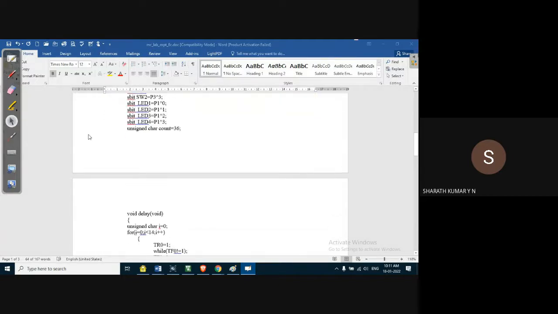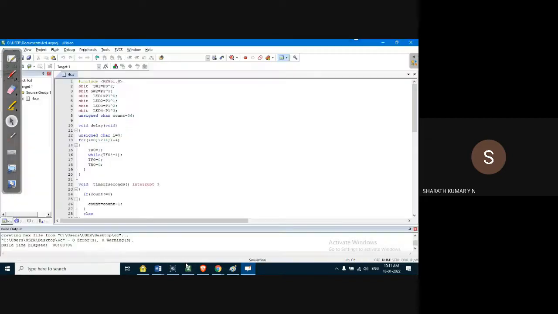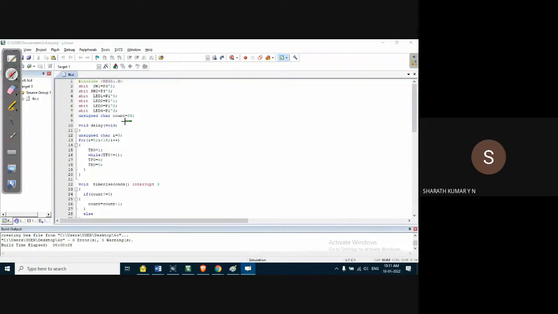Why have I taken count 36? Let us open and compile this itself. This is better. The count is 36 because LED 1 blinks at a rate of 1 second, and LED 2 blinks at a rate of approximately 2.5 seconds.